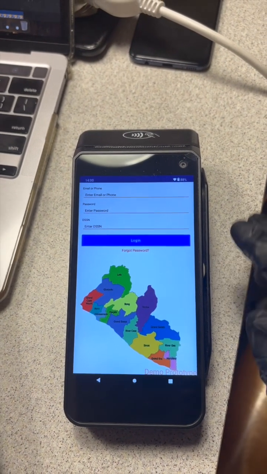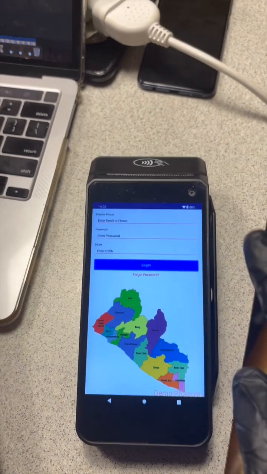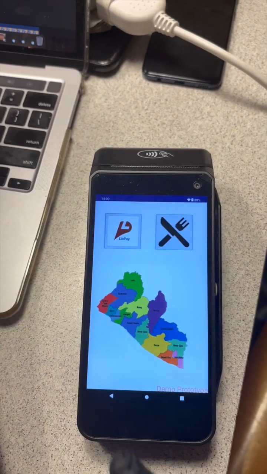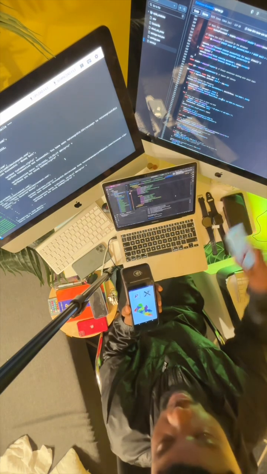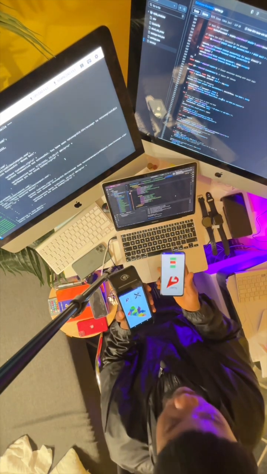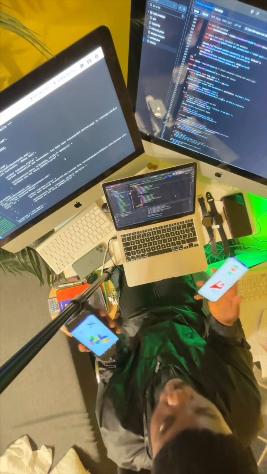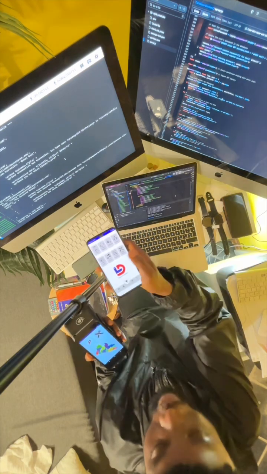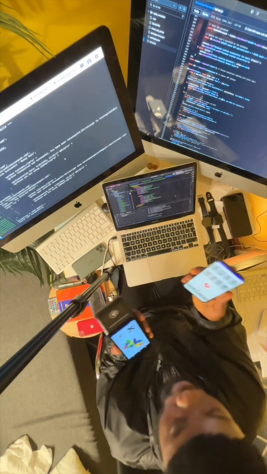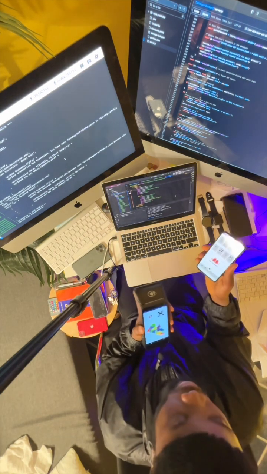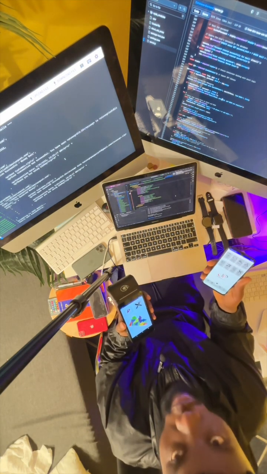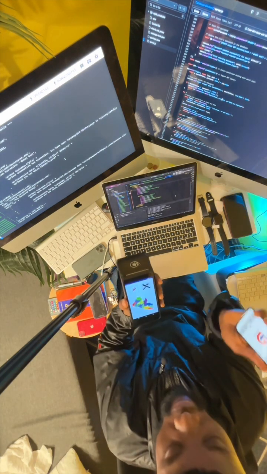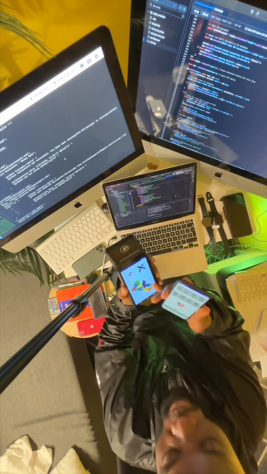So it's not only going to be serving as a payment, right? It's also going to give people that have restaurants the ability to accept orders. So inside the digital Liberia app, like I told you, it's a super app that allows people to do a lot of things. So here you have order food. From the customer or client, which is this device, you can order food. After you order food, the restaurant is going to be able to accept the order on